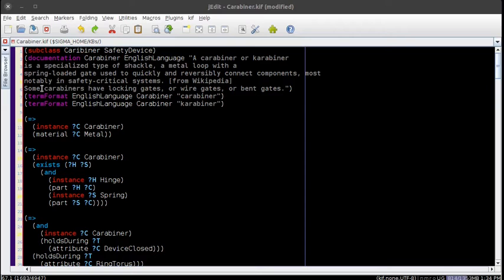So the notion that there are carabiners can be further broken down into ones that are, and forgive me, this is a little technical in climbing if you're not a climber, carabiners that can have locking gates or wired gates or bent gates, lots of different types that could be formalized in the future. But here we're still just giving an introduction. It really depends upon the requirements of your domain or your project, how deep on this you want to go.